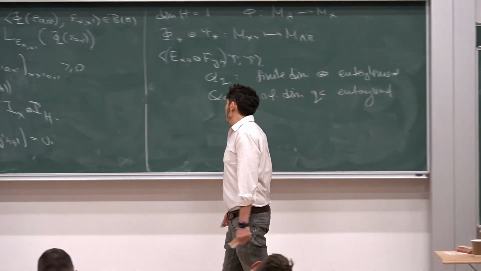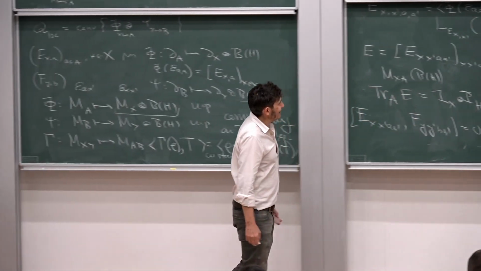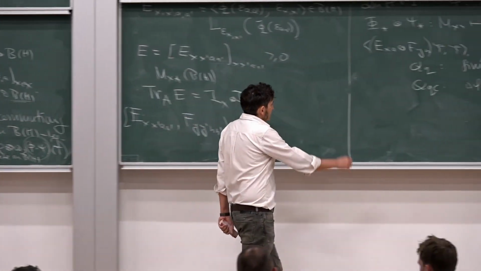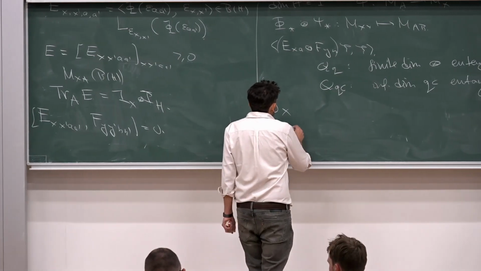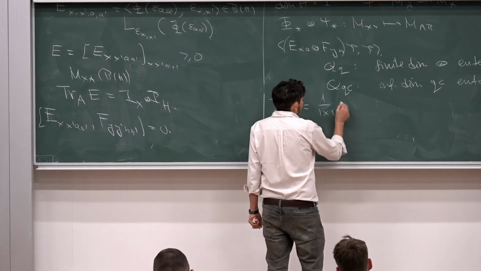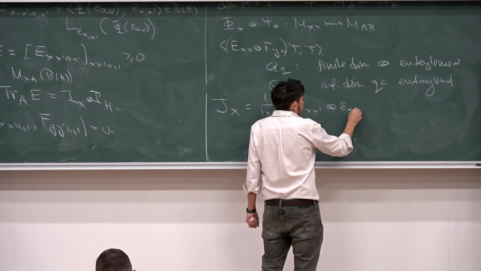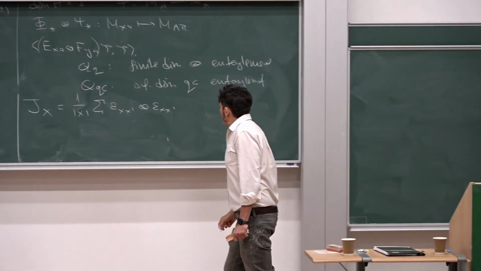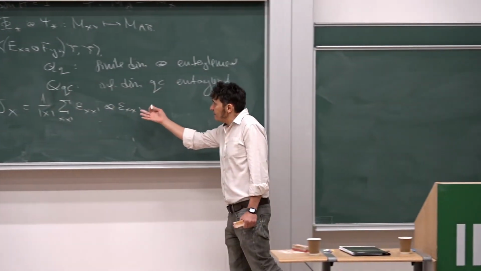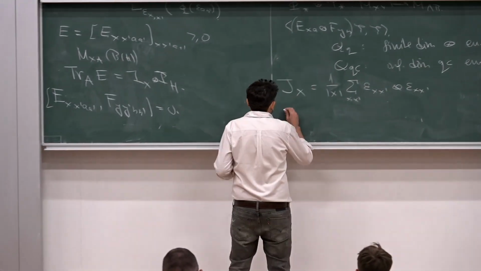Right. So what is the synchronicity here? The synchronicity will be given by sending the maximally entangled state in the first system to a maximally entangled state in the second system. So let me give some notation. J sub x will be the state. Let me get this right. I guess we need to normalize like that. You have the matrix unit x prime, and then the same ones here, over all x and x prime in my set. So this is in some coordinate form. Let's say it's a maximally entangled state. So what you want, let's call it concurrency.